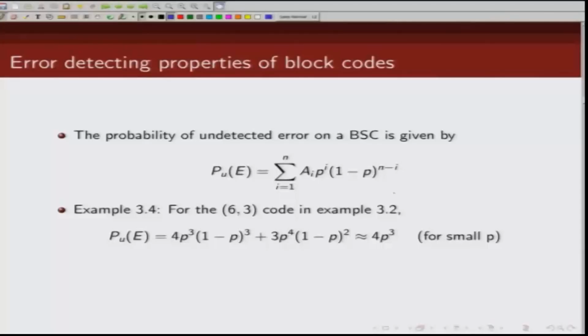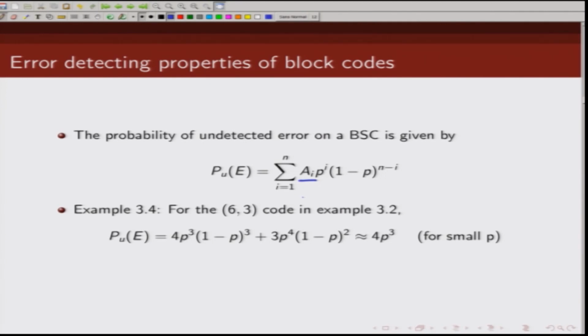So, if I send an all 0 code word at the transmitter and at the receiver you receive any other non-zero code word, then that will be the case of undetected error. So, you can see basically that is why I have written it as. So, what is the probability of, when you are sending an all 0 code word, what is the probability of